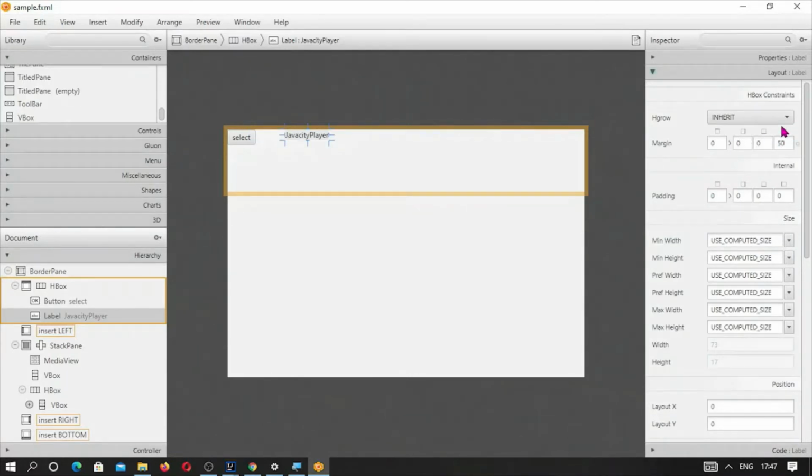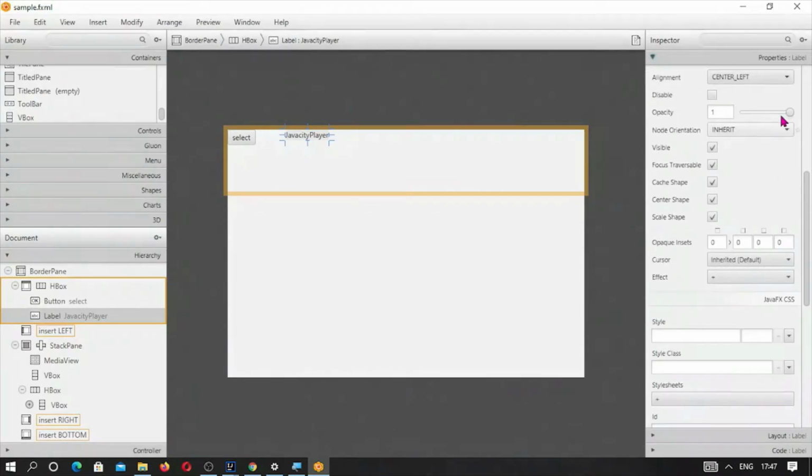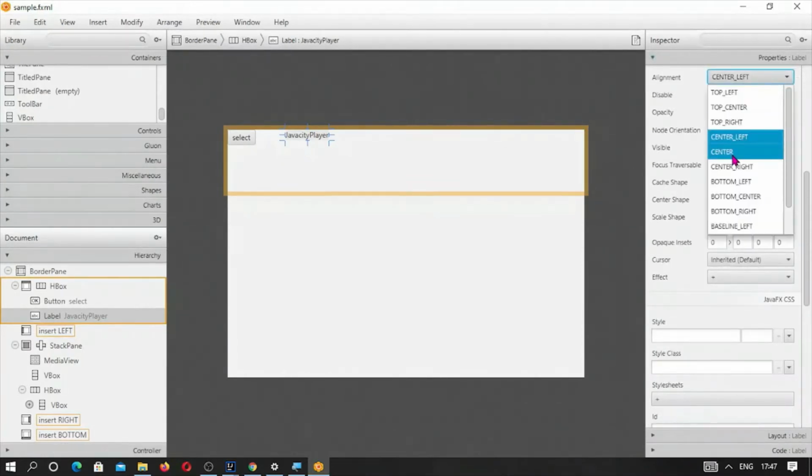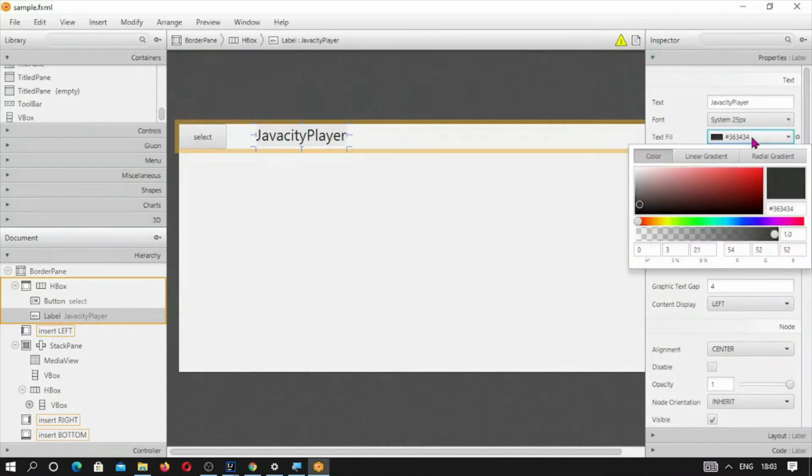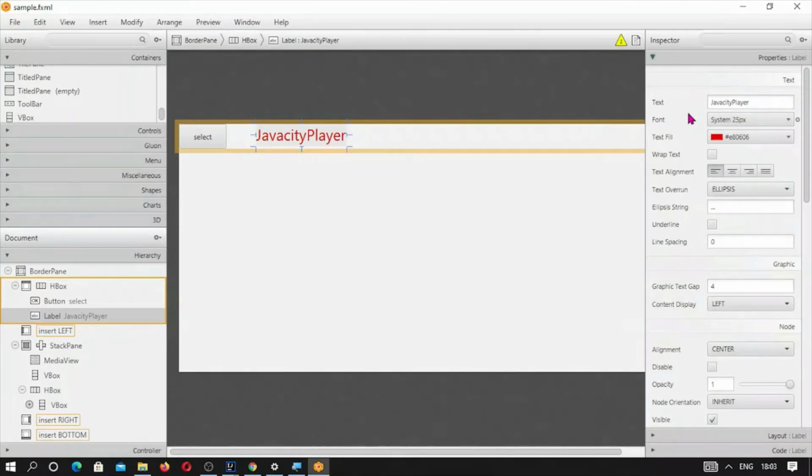Okay, and align it in the center. Let me set the font. Now the text fill needs to be in this color. Okay, and let me give the margin more.